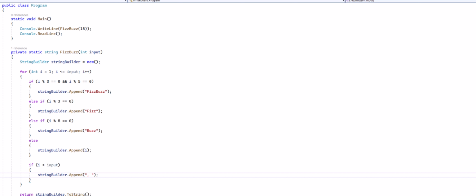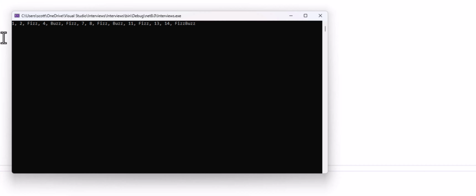Let's see what we got. And passing in the number 15. So we have 1 and 2, print out the numbers. 3 is divisible by 3, so we print Fizz. 4. And we print Buzz because 5 is divisible by 5. 6 is divisible by 3, 7, 8. 9 is divisible by 3, Buzz. 10 is divisible by 5. 11, 12 divisible by 3, 13, 14, and then 15 is divisible by both 5 and 3, so we print out